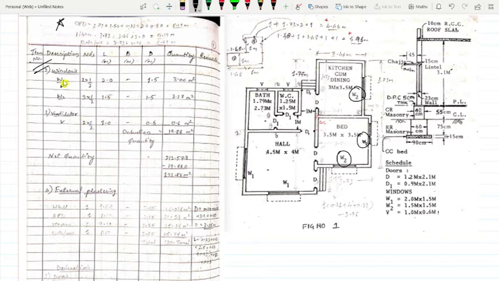Sorry, this is W1, not W2. It is very small, so I'm not understanding. W2. This is W1. With the photo, see the PDF I am sending. It will be clear. But here I'll zoom it out. No, it will not be clear. See, there are W1s. There are two W1s in the hall.